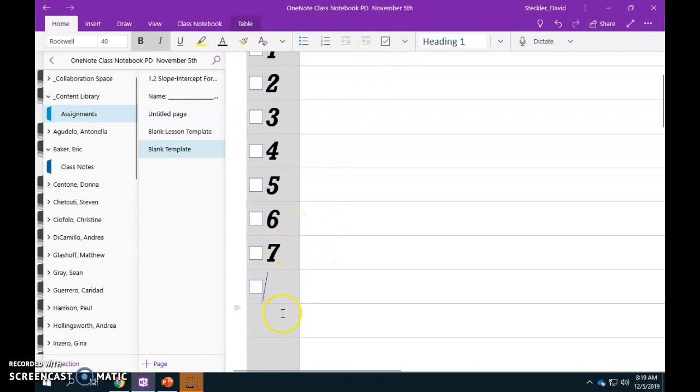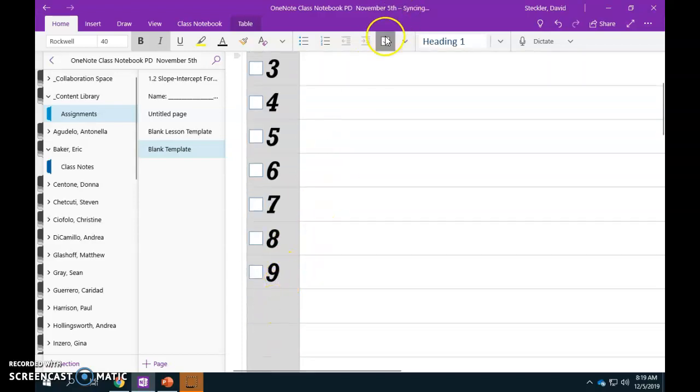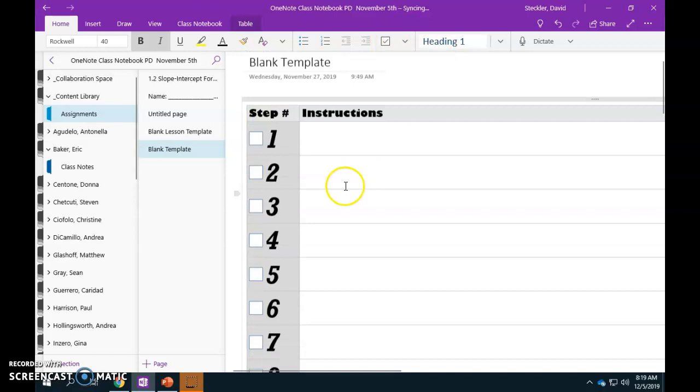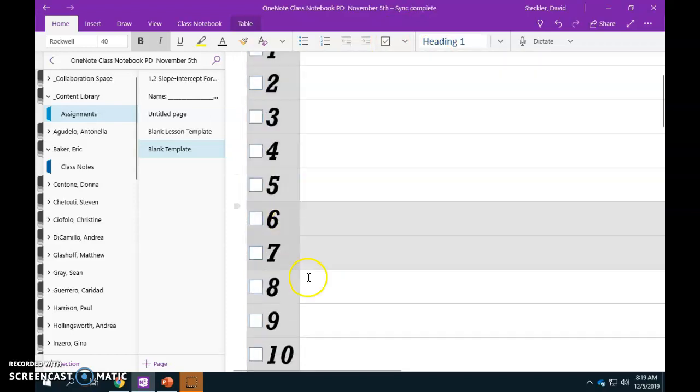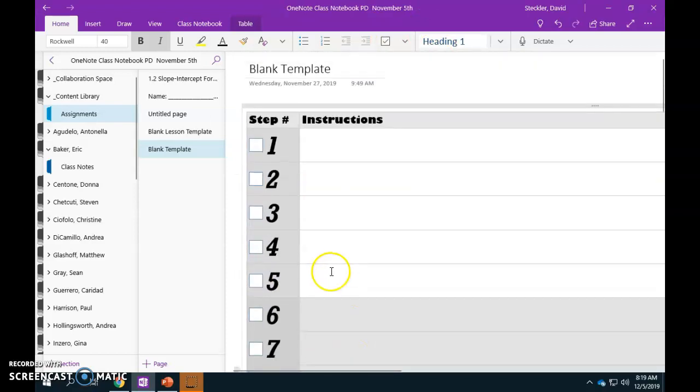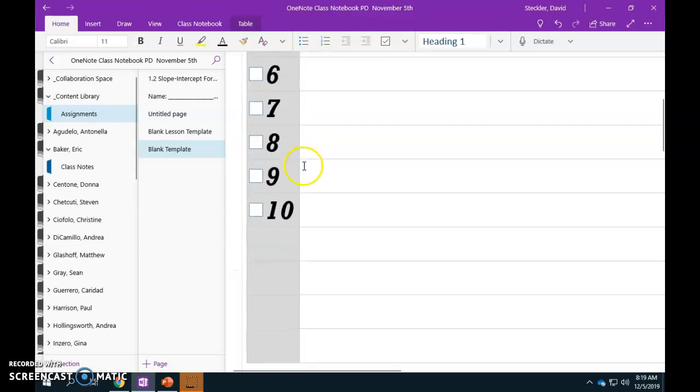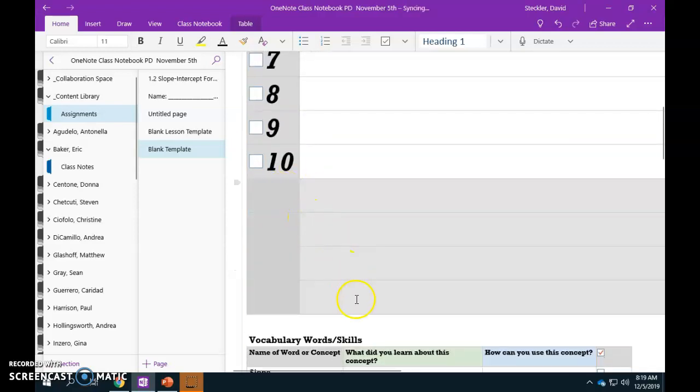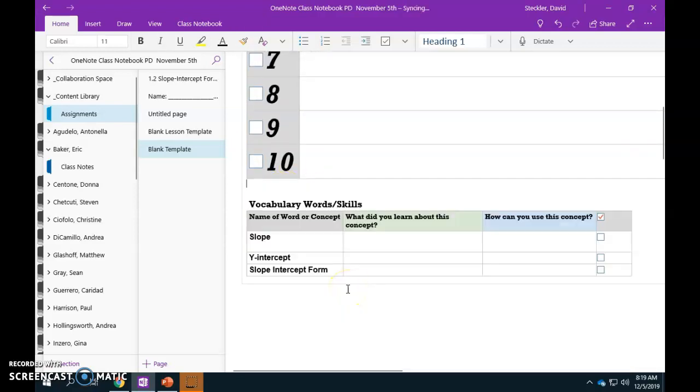We'll do checkbox 8. Alright, so let's say you wanted a lesson to be 10 steps long. Maybe you're planning to do steps 1 through 5 today, and then 6 through 10 the next day. So you have your template over here for all your checkboxes. If you don't want these boxes, you highlight them, you hit backspace, and then at the bottom over here,